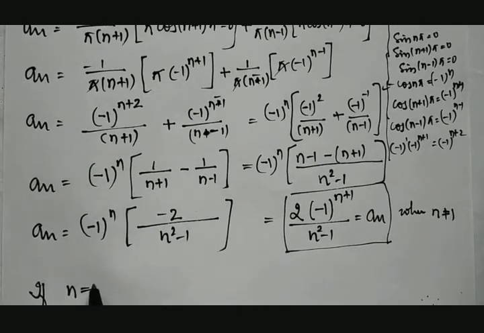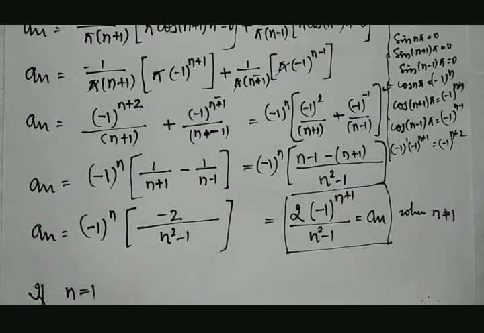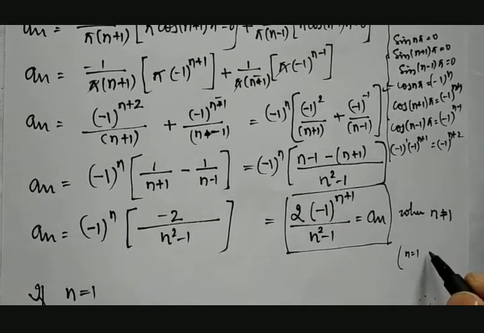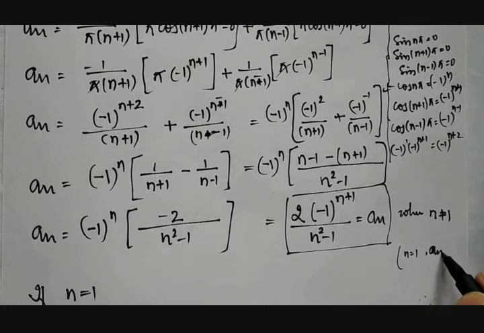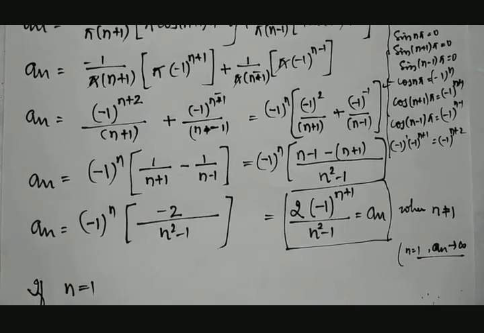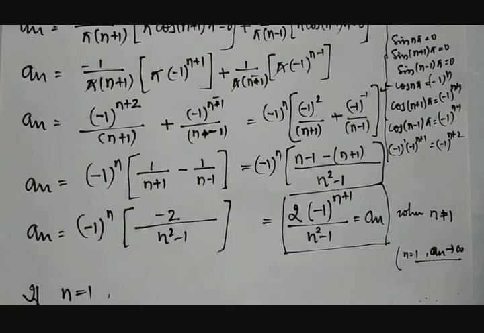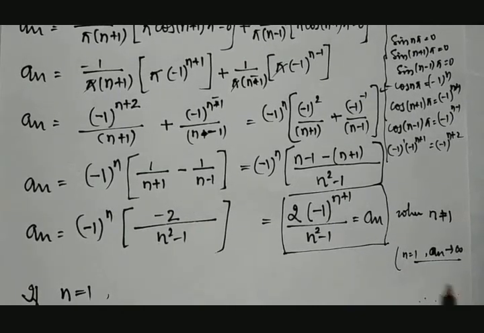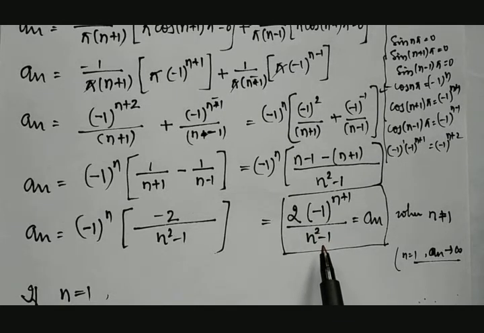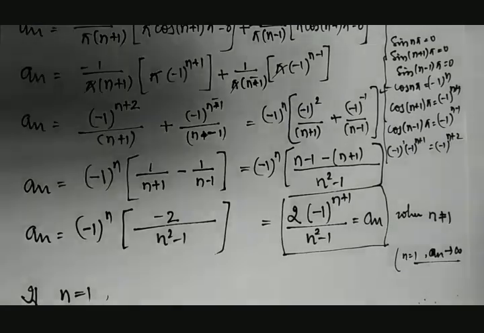If n becomes 1, then what happens? This an becomes infinity. Yes or no? See here, if n is equal to 1, then automatically an leads to infinity. That is a problem. But still we will take n equal to 1. Then what happens? Let us see. Means what to do? Put n equal to 1, but not here. If you put it here, then automatically the problem starts, because it will be infinity. For that, to test this, what do we do? We'll go back to its previous case. What is that previous case?